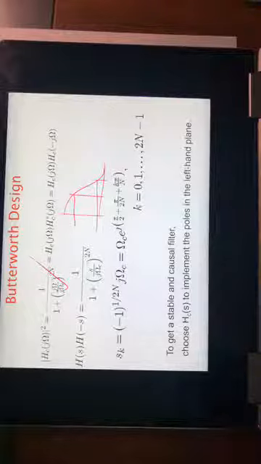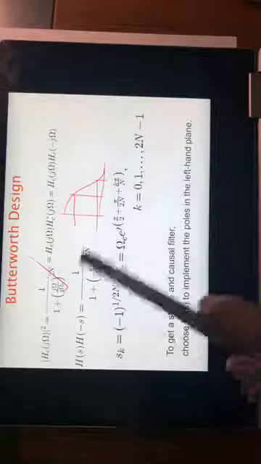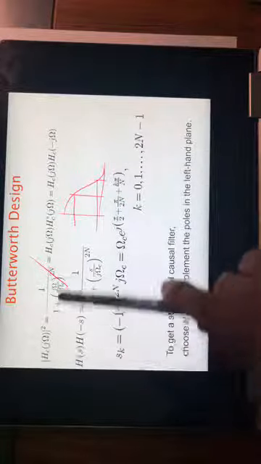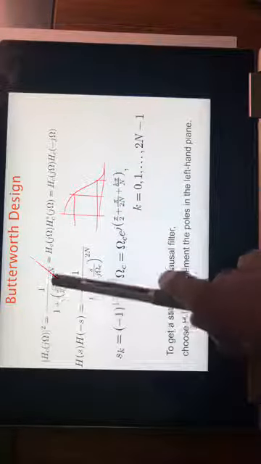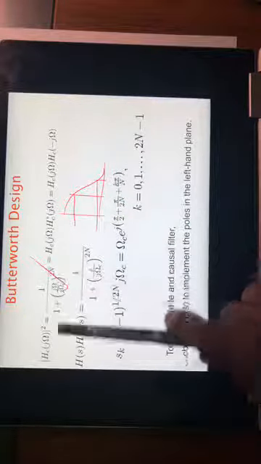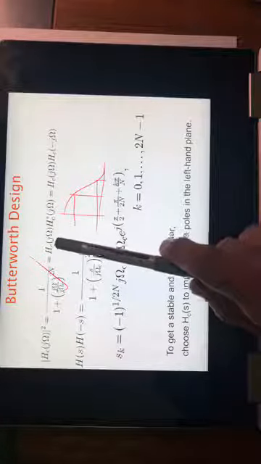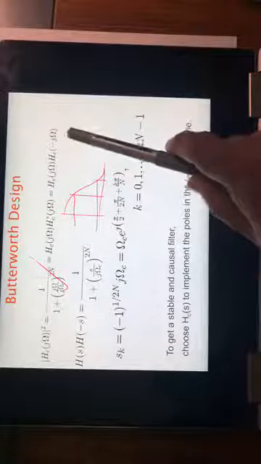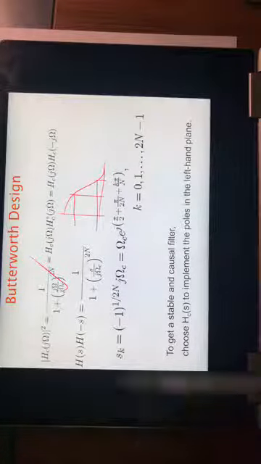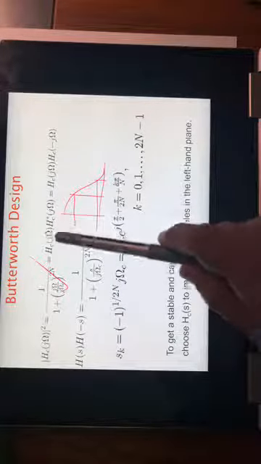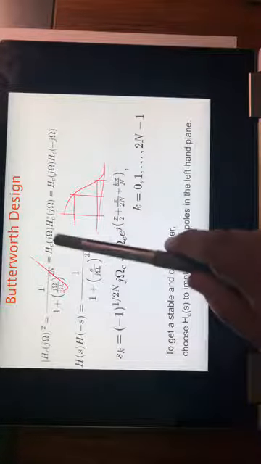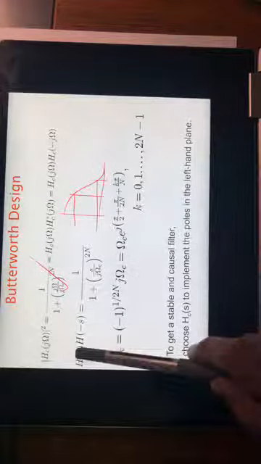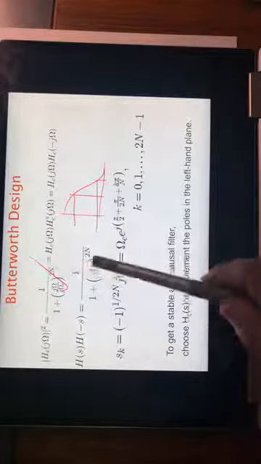So now, simple Butterworth. I told you it uses a monotonically decreasing function of omega, and this is the magnitude square, and this is the function used. Magnitude square means the function multiplied by its conjugate, and the conjugate is simply minus j omega. So okay, we covered this, and we said converting this j omega to H of s is simple. Just replace j omega by s, which is sigma plus j omega, and put sigma equal to 0, you get back to this. So this is the expression.